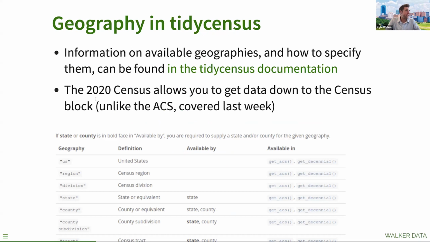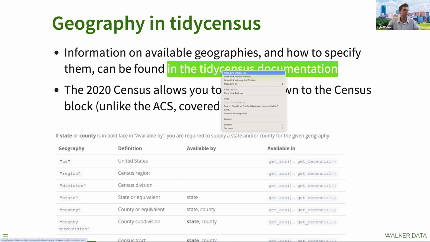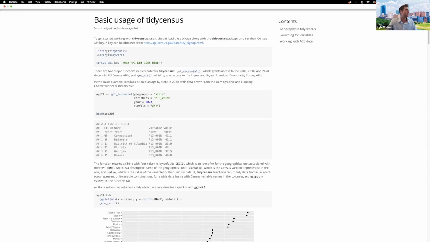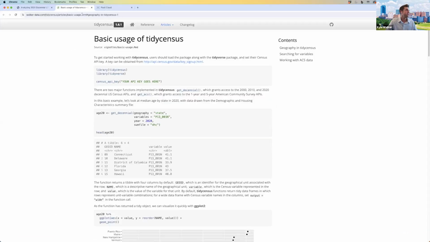What this means is for each of these census geographies, there's a particular string or text that you can use. And if you look in the tidycensus documentation, which I can pull up here, and I'm going to pull it up real quick and put it into the chat, if you read this documentation here,